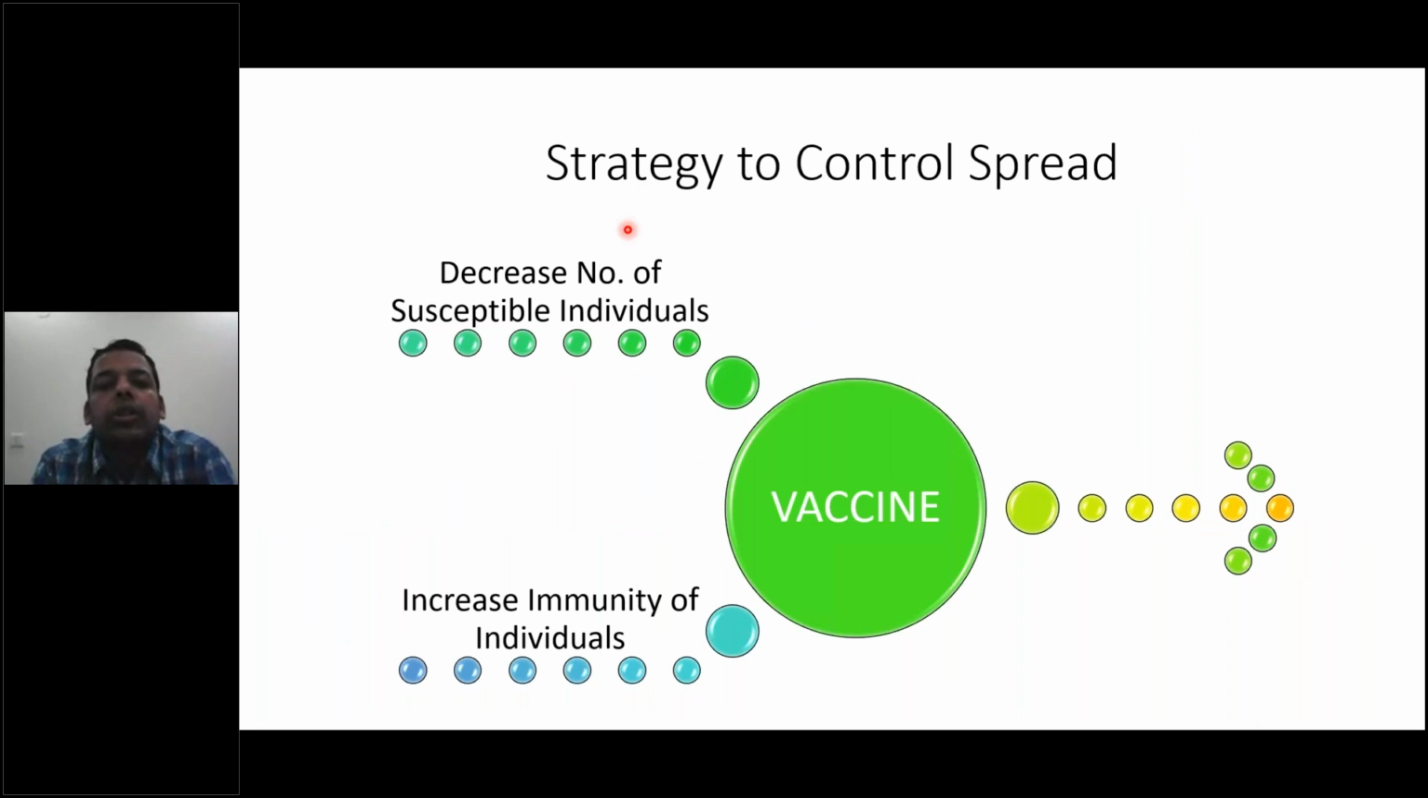So the strategy to control this spread primarily is to decrease the number of susceptible individuals. This is the community-based approach that can be used to control the spread of a disease. And how do we do this? We do this by increasing the immunity of these individuals, and a major weapon for that we have is vaccines. But before we understand vaccines, we need to understand what this